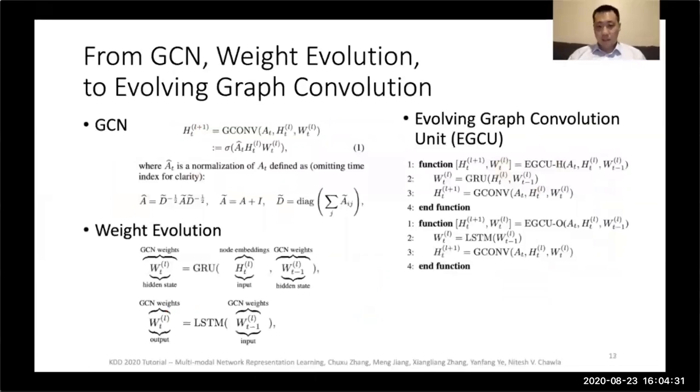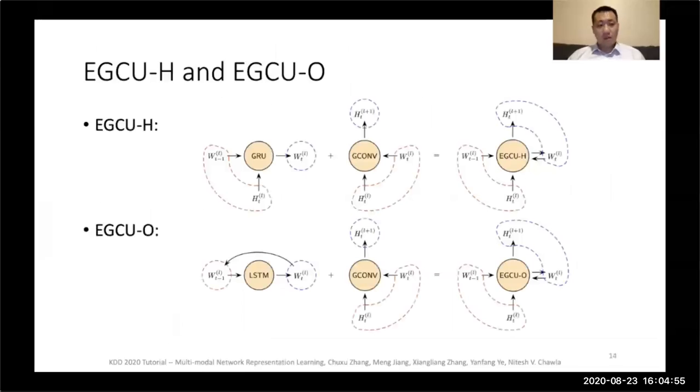So they propose two kinds of algorithms. One is evolving graph convolution unit H, and the other is evolving graph convolutional unit O. Okay, they define it as GCN, and then perform weight evolution, and then use two kinds of units to perform this learning. So for the H version, you can see they use a GRU to learn the impact of the weights at T-1 on T. While in the O version, they use LSTM to learn the dependency between the